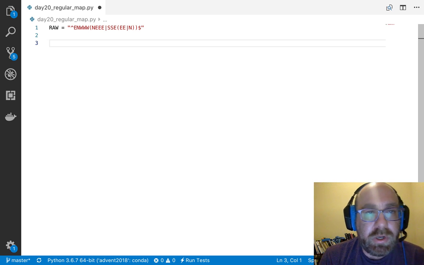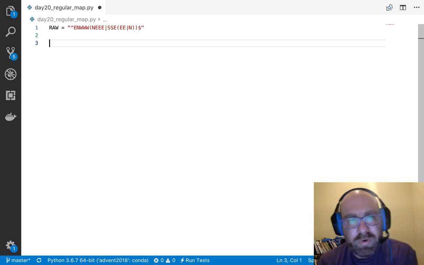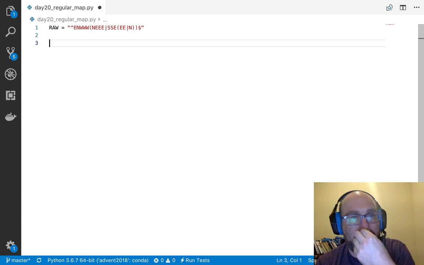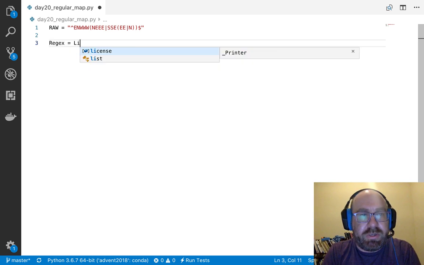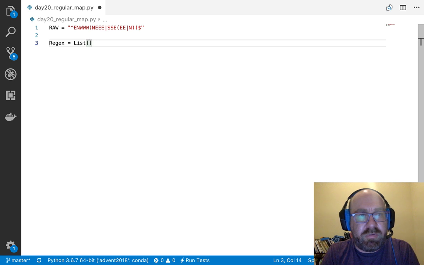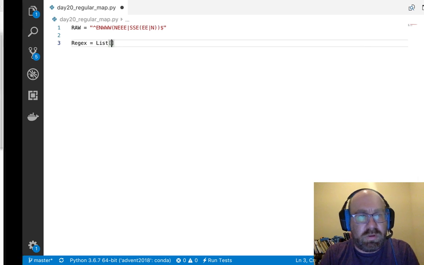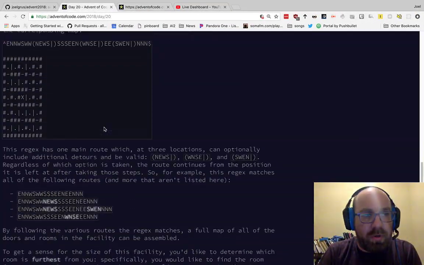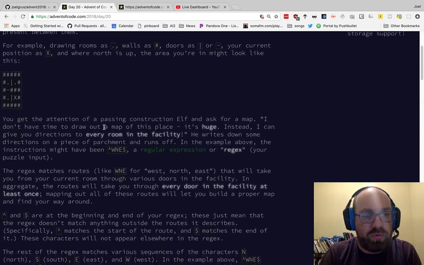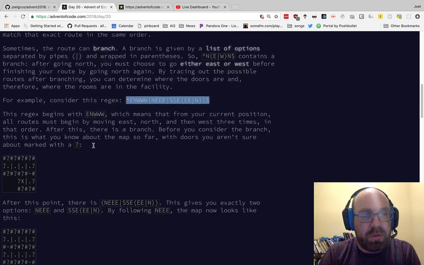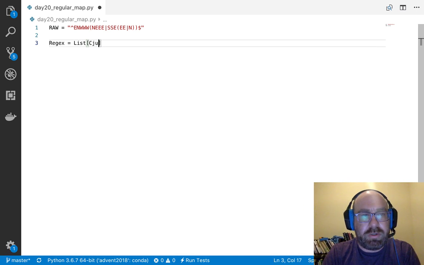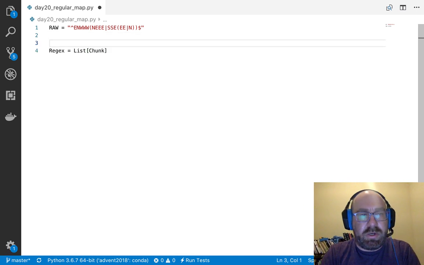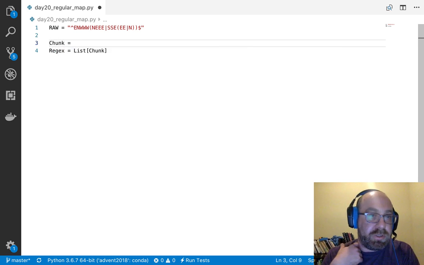A regex is either going to be... let's just say a regex is a list of... what do we want to call these? Regular expression matches routes. It is a list of chunks, and a chunk is either